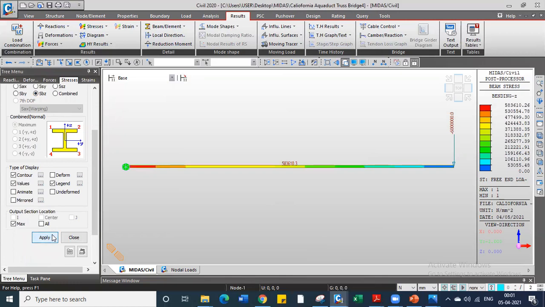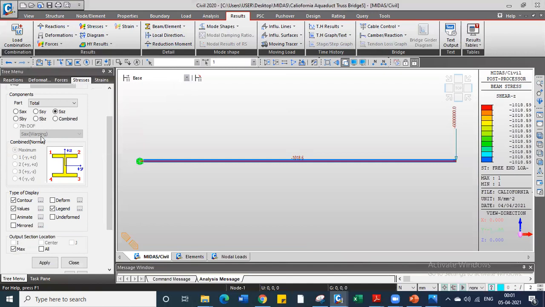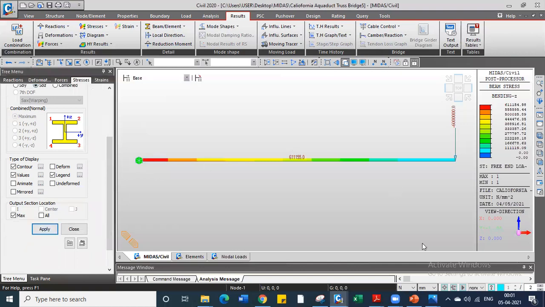the bending stress comes out to be in the order of 5,83,610 MPa. Whereas for the circular section, if we see only the bending stress, it is of the order of, as you can see, 6,11,154 MPa. So if we are talking about bending stress, the rectangular cross section will perform better. But if we are talking about the shear stress, the circular cross section will perform better, as it will develop lesser shear stress, but the circular section will develop higher bending stress compared to the rectangular cross section.